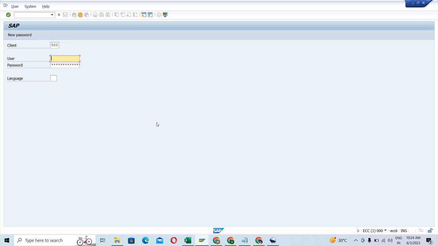Now, in my previous classes, I have discussed the client. So this is the client number which you can see. Here you can mention the client number. Depending on the client number, you will end up on different pages. Let's suppose for the development system, your client number is 100. If you enter 100 here, and you enter the user ID and the password, you will end up